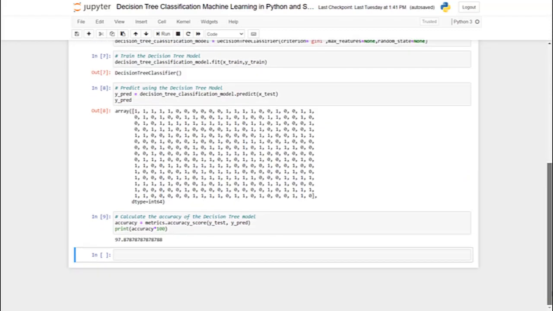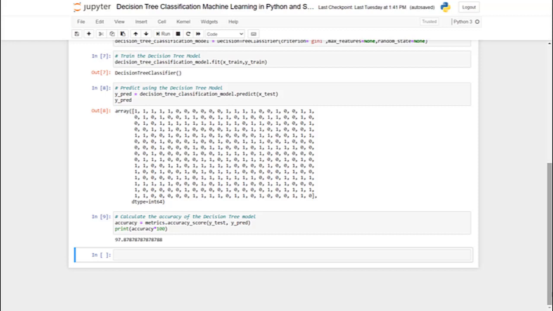In cell 7, we are training the decision tree classification model. Note that for training, we are using the fit method and passing xtrain and ytrain as parameters. In cell 8, we are predicting using the decision tree classification model. For this, we are using predict method on the model and passing the xtest data.